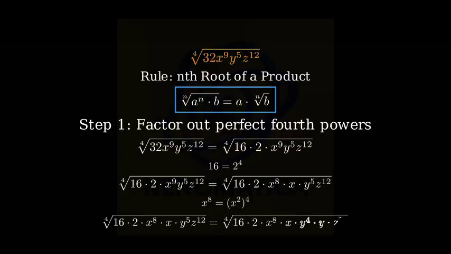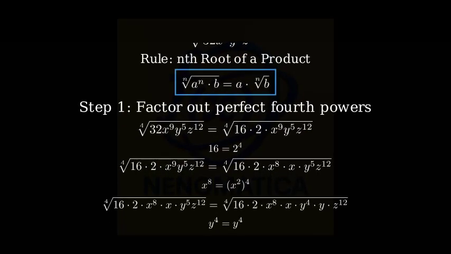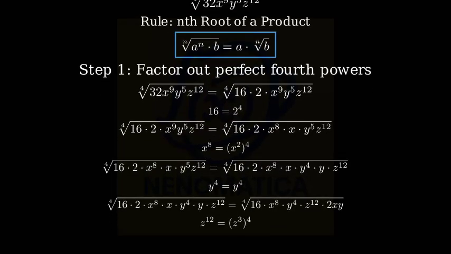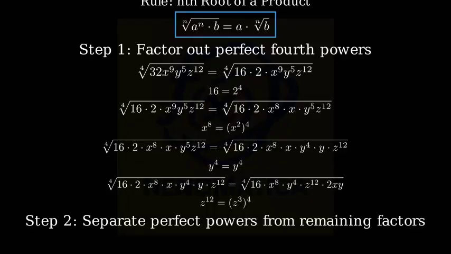Similarly, for y to the fifth power, we can write this as y to the fourth power times y, where y to the fourth is a perfect fourth power. And z to the 12th power can be written as z cubed to the power of 4, which is a perfect fourth power. Now that we've identified our perfect fourth powers, let's rewrite the expression by separating the perfect powers